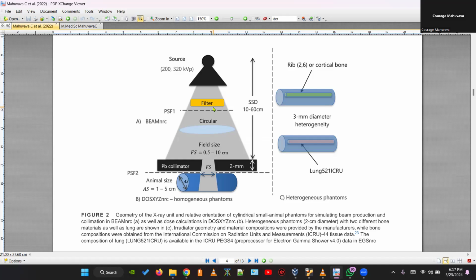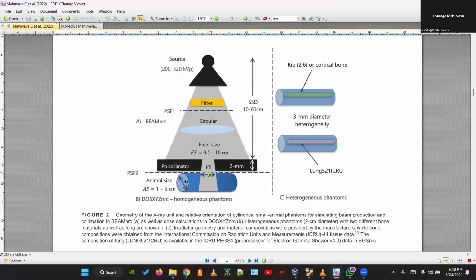And then you can now model the second part of the machine using this phase space file as input. All right. And then you collimate it through whether it's a circular or a square. For X-ray tubes, usually it's a circular collimation. And then you score again your beam below the beam collimation system, okay, or just after the beam exits